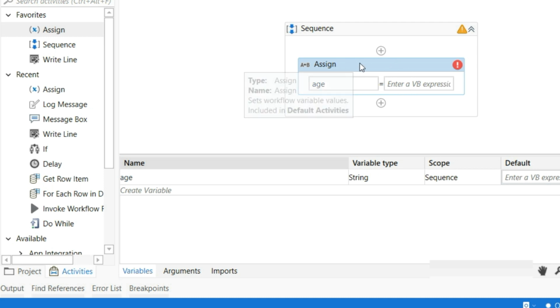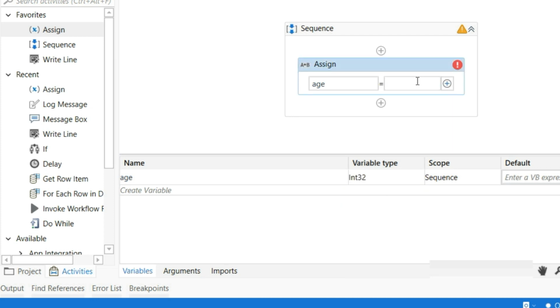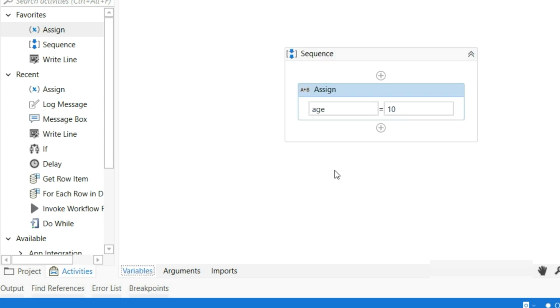Now for this example, I was doing some assignment, so I will assign some value. This is currently a string, so let me first change this to int, and now in assign I'm typing a value, like 10. It's simple, like age equal to 10, so now the value of age is 10. So this variable is created and I have assigned the value also. Let me minimize this box by clicking again on the variable tab. So in this program, the age variable is now created with a value of 10.